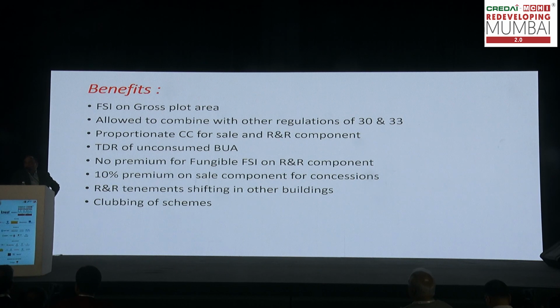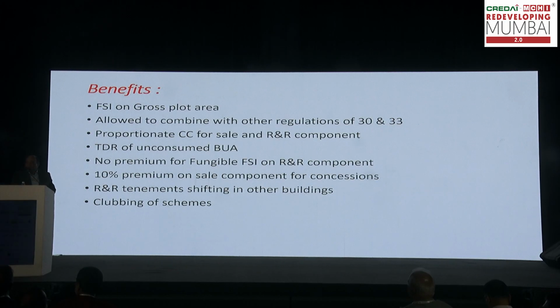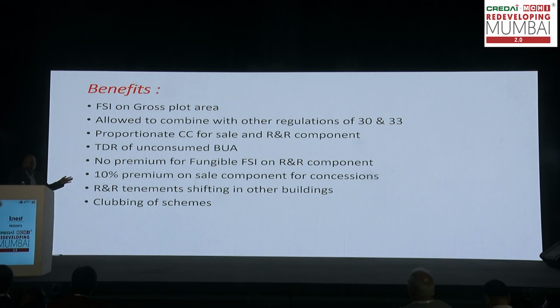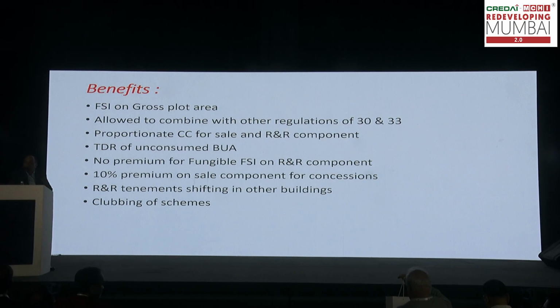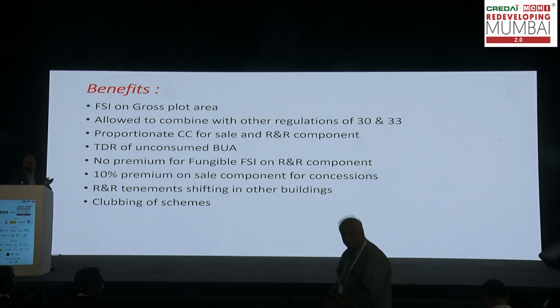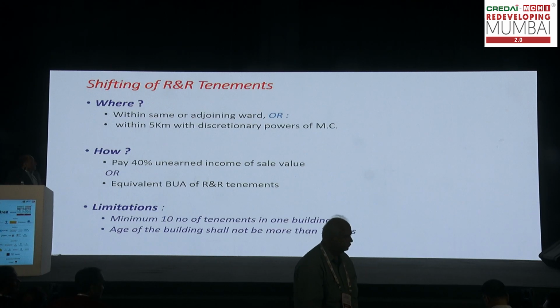You will get the compensation in the form of TDR for that 200 square meter which is affected by the road widening. But FSI potential, whether 1, 2, 3, whatever it may be, will be on the net plot area. But what this 33(20)(B) says is that this FSI 3 or 4, what we see in the last table, is available on the gross plot area, meaning including the area which you are going to hand over for the road widening.